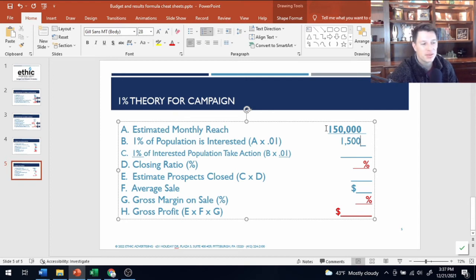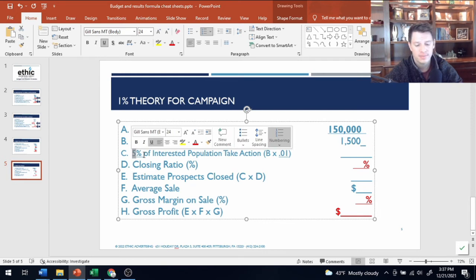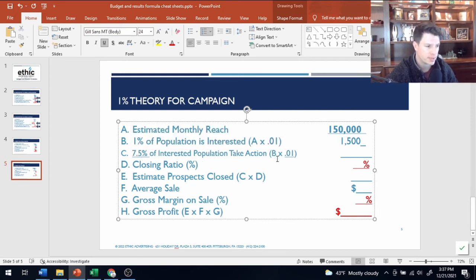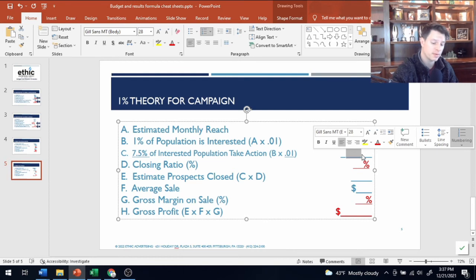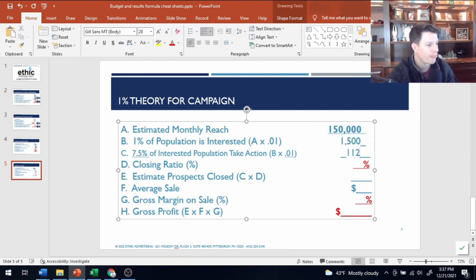Honestly, nowadays with the kind of stuff that we're doing, it should be more than that. I was leaning on the 1%, so I'm going to bump this up to 5%. Whatever you think is logical, but again, be conservative. And I honestly think I'm being conservative. I could probably bump this up to 10%. Let's do 7.5%. So, of course, I pick a number that I have to do math on now or use a calculator. So of the 1,500 people that are interested, we can convince 7.5% of them to actually pick up the phone and call. That's 112.5. In this case, being more conservative, let's round down to 112.